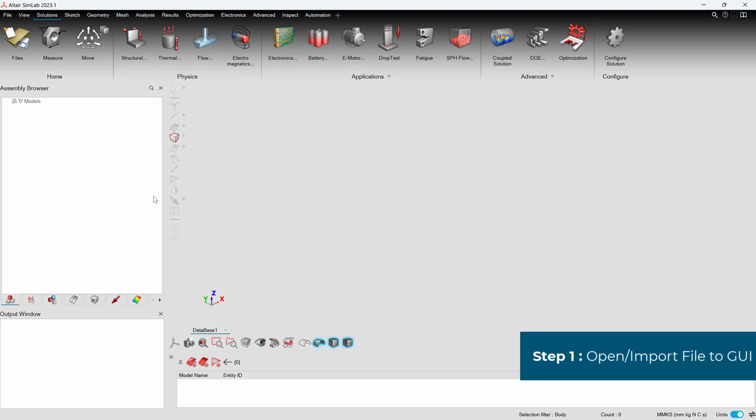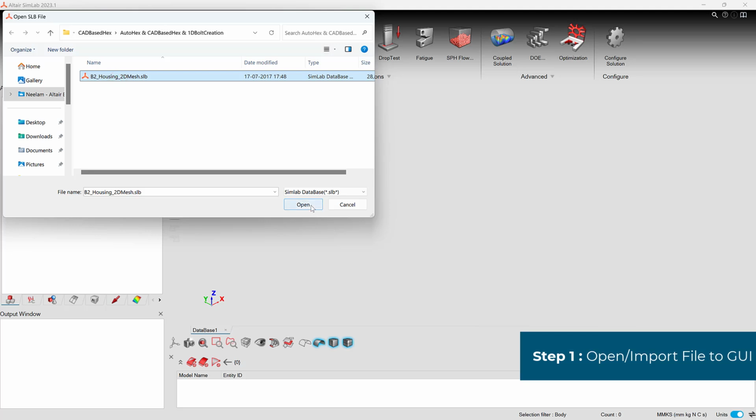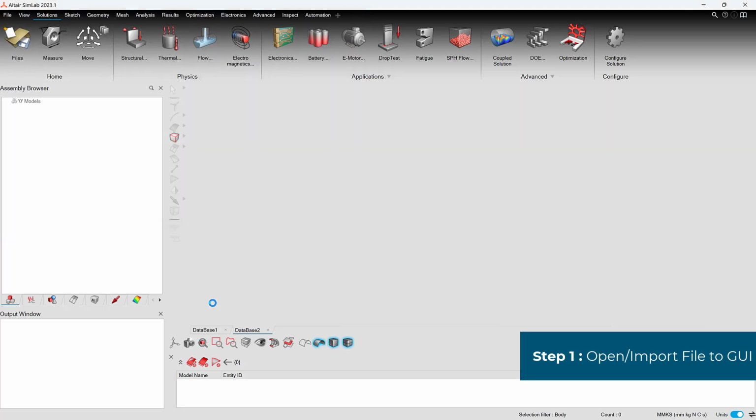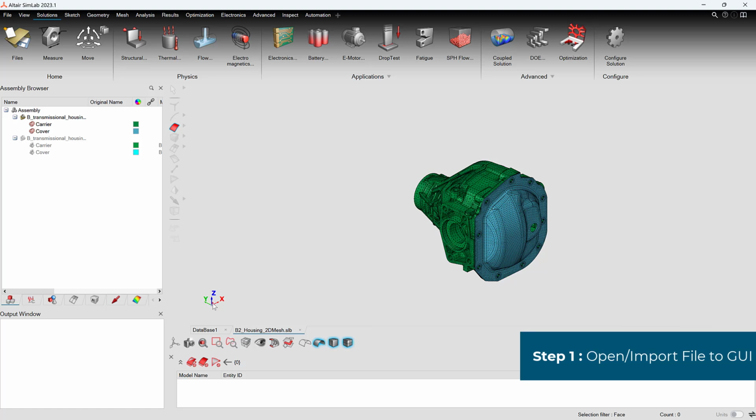The first step is to open the model, open the .slb file. Once the model has been opened,